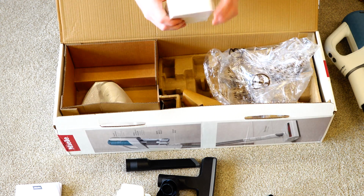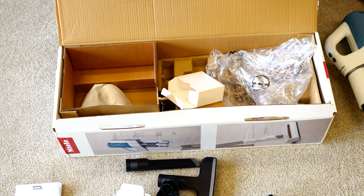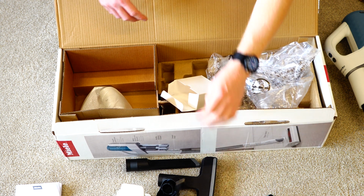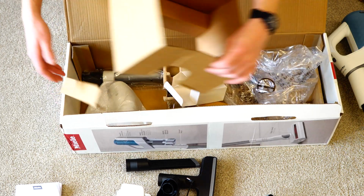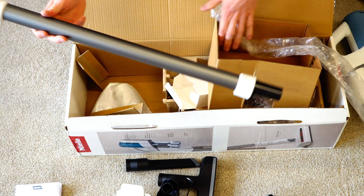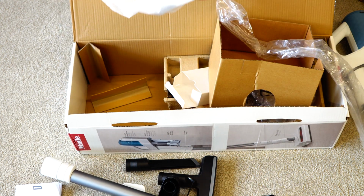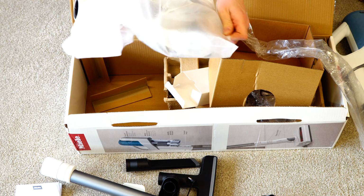and the charger right here. Oh, wow. I wonder if that's the same charger the other one uses. It looks very similar. We have a wand, one-piece wand, and we have,